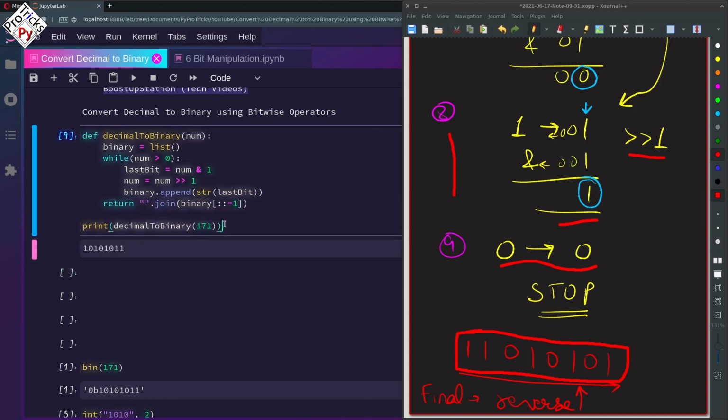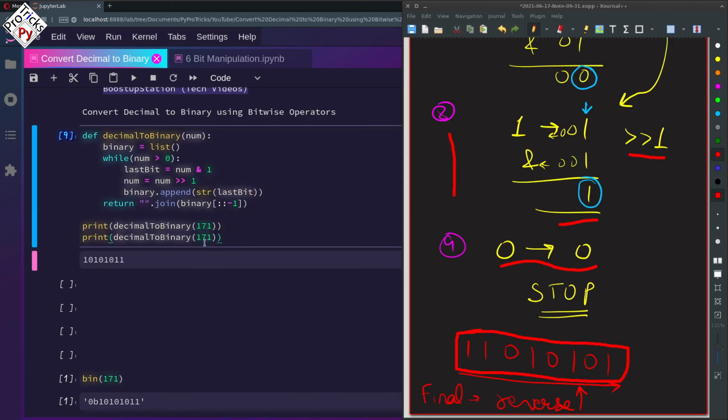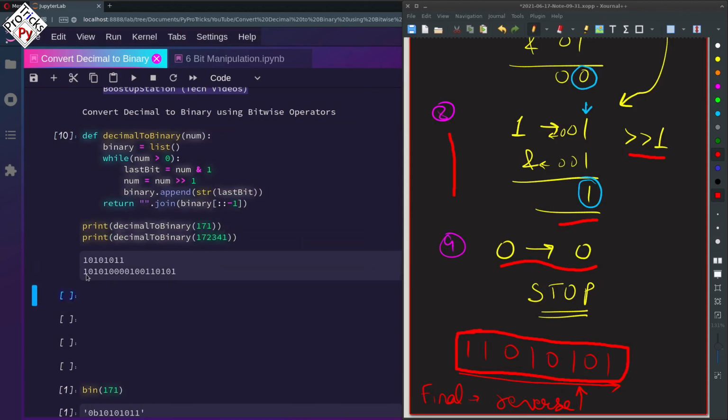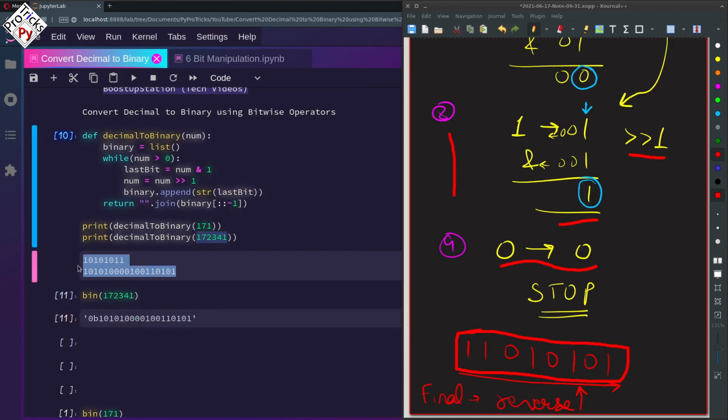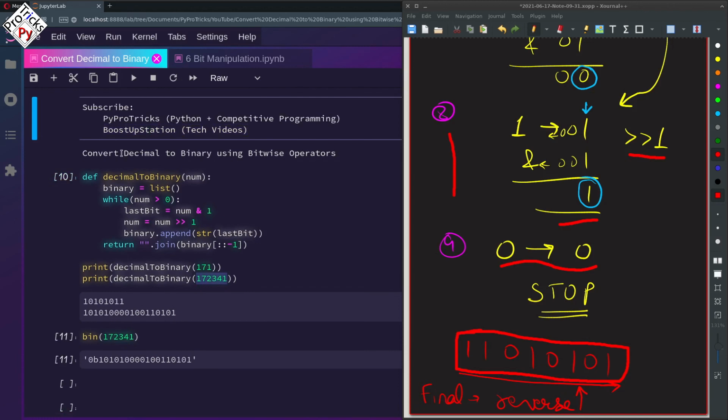And if you want to check for another number, let us say increase it a little bit, execute it, and you can see the binary of this number, 172341. Let me show you by using the inbuilt bin function, and you can see both of these are the same. So we have successfully converted decimal to binary